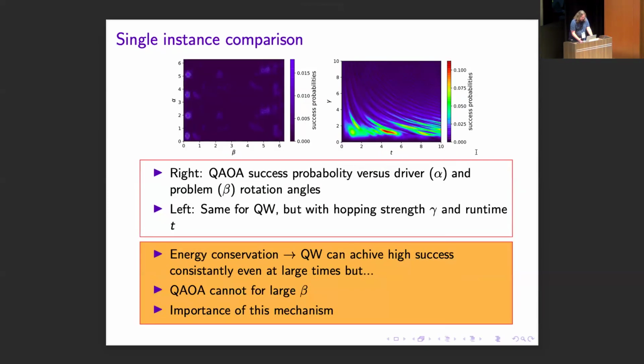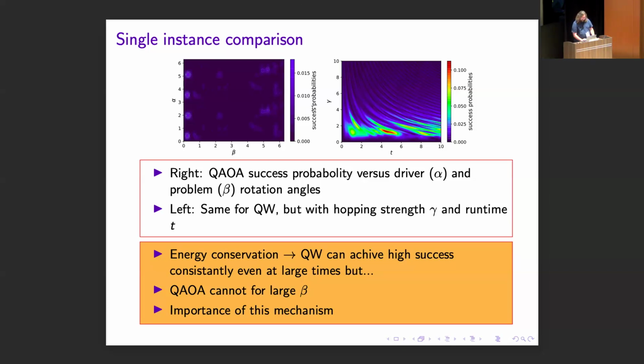We can then zoom in and look at a single instance. These are just random spin glass instances. These are actually taken from a paper that published a repository of these for reproducibility. It was on a couple slides ago, and it's also referenced in the paper. And what you see here is, for the quantum walk-like protocol, your success probability versus time is, as long as